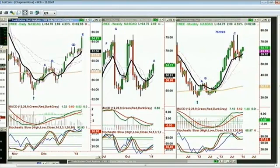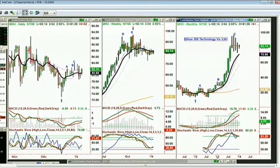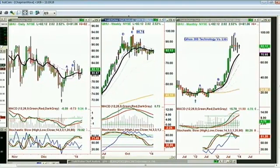QIHU, a Chinese technology company, Q360 Technology Co. Limited, trading at 82.19, up 2.04. Made a peak C in the daily chart. It's made a peak E in the weekly chart with a time rather than price consolidation going from the high of 96.74, 96.74 high back in October